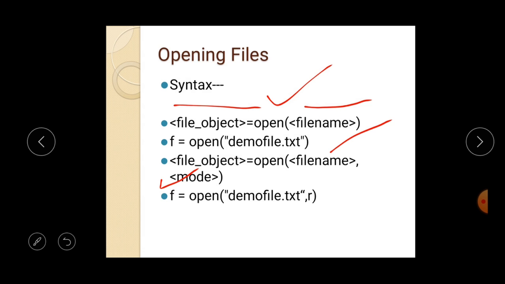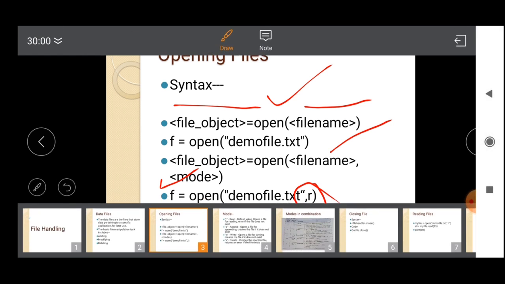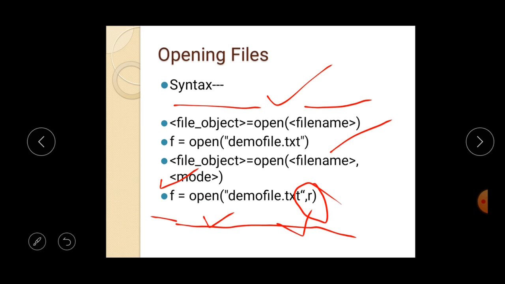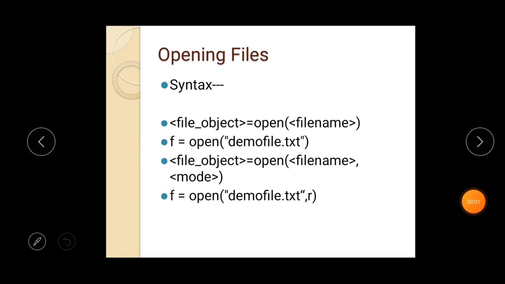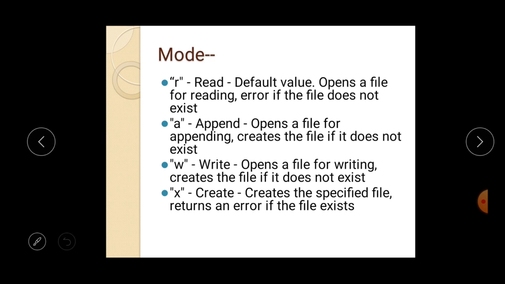In the next line you will see it is written, f is equal to open demo file comma r. It means that you can open a file in the reading mode, because at the mode position r is written, and r stands for the read mode. So f is the identifier, or the file handler, that will handle the demo file, and you can use the demo file for the reading purpose only. There are many modes available in file handling operations. We will study them one by one.